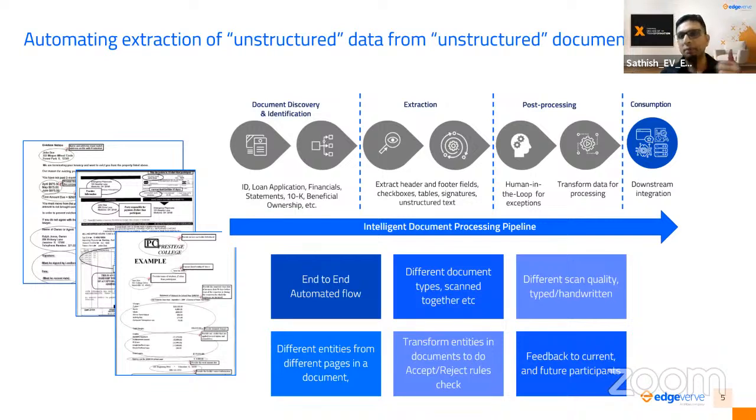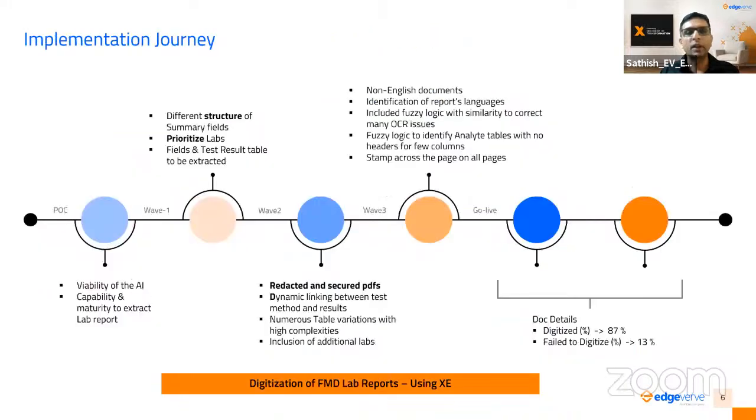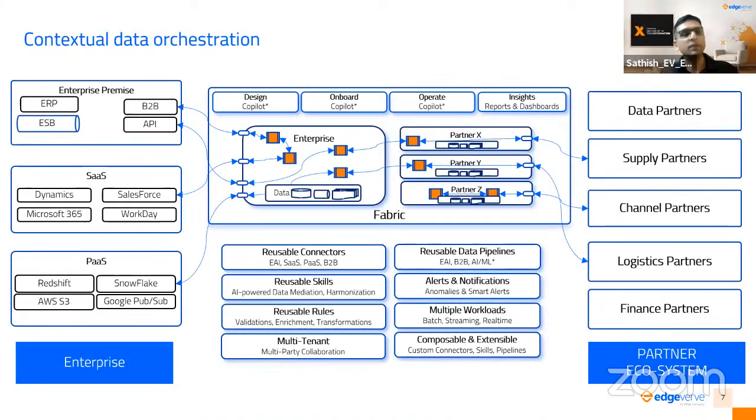So from getting the document, identifying the document, then identifying which part of the document we need to extract, what kind of extraction to be done, and then the various rules and applications that should be applied on top of it. And even when you are looking at it, what you'll always see is that there is a feedback loop that needs to be brought in. I'll skip this because this is the various methodologies that we had to go through, but largely, we went into this particular aspect of things.